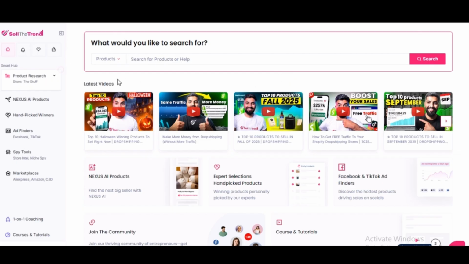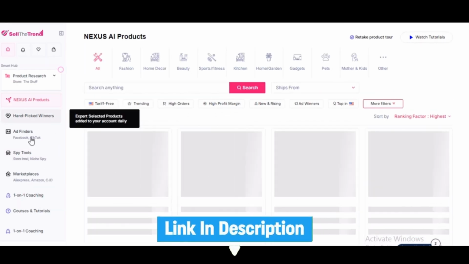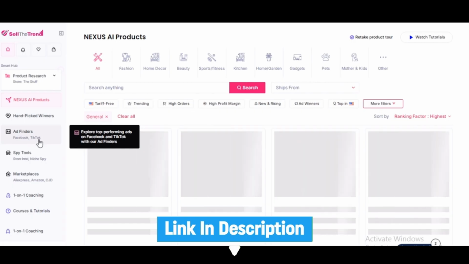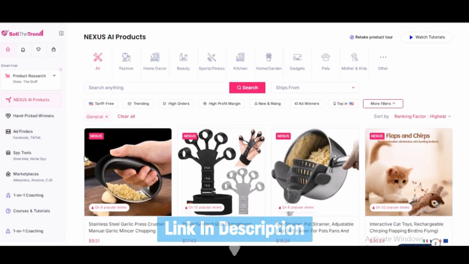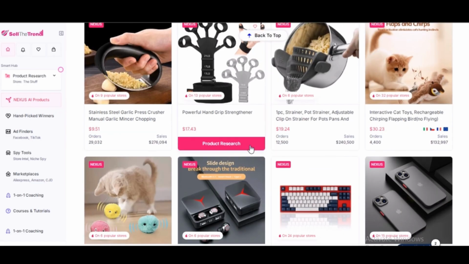You get advanced AI-powered product research that analyzes millions of data points across multiple platforms to identify trending products before they become oversaturated in the market, and can even spy on any online store to see what specific products are working for successful competitors and what marketing strategies they're using to drive traffic and conversions. Find proven winners with Nexus AI products in hand-picked winners collections that are carefully curated based on actual sales data, social media engagement metrics, and market demand indicators, rather than just speculation or